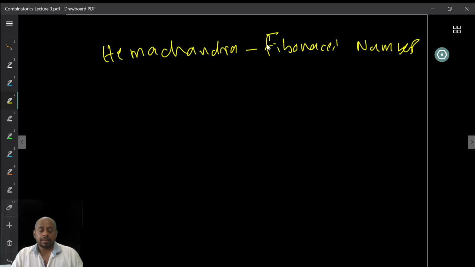In fact, earlier it used to be called just Fibonacci numbers, but then they found out that Hemachandra did the work before Fibonacci. He is an Indian mathematician, in fact, a Jain mathematician, if I remember correctly, who lived before Fibonacci. And in fact, this was known even much before. For example, I mentioned the Meru Prasara of Pingala, right? Pingala, in his work on meters, called Chanda Shastra, Chandas is a meter, basically describes these numbers.